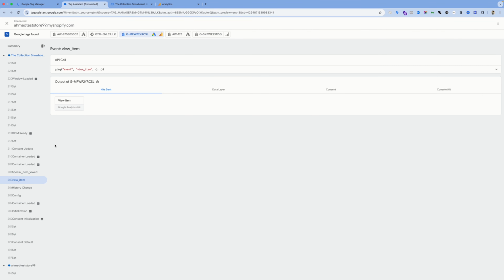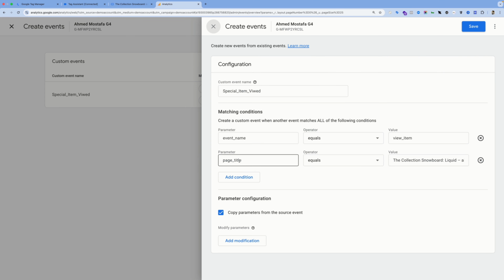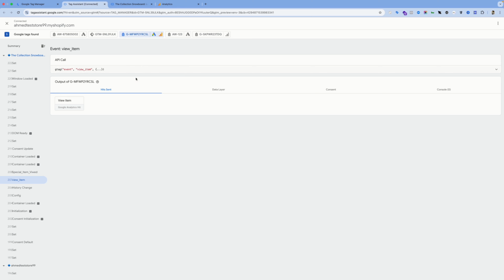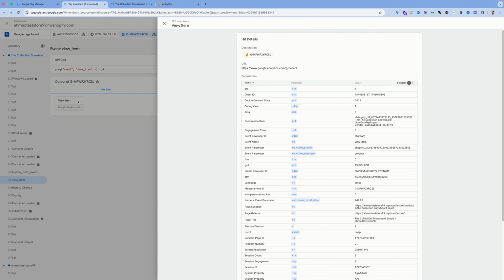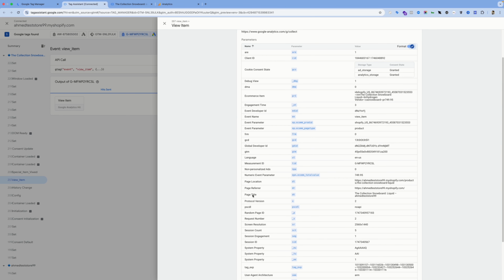Also, if you're not sure what to use in the triggering section, in this box over here, for example, the parameter, what you'll need to do is just go into the event that you will mimic or you will take the data from. Using the preview mode, you can just click on the view item event itself, and then enable this option, and you will find all the parameters and against it the values. So for example, this is how I knew that the page title for this product is this exact text.